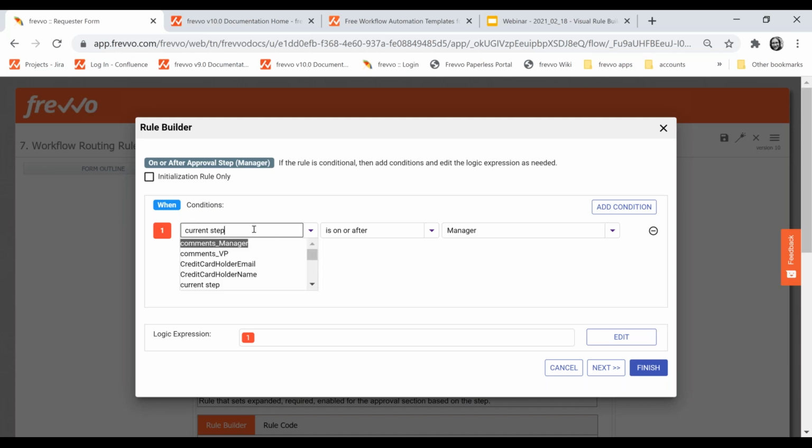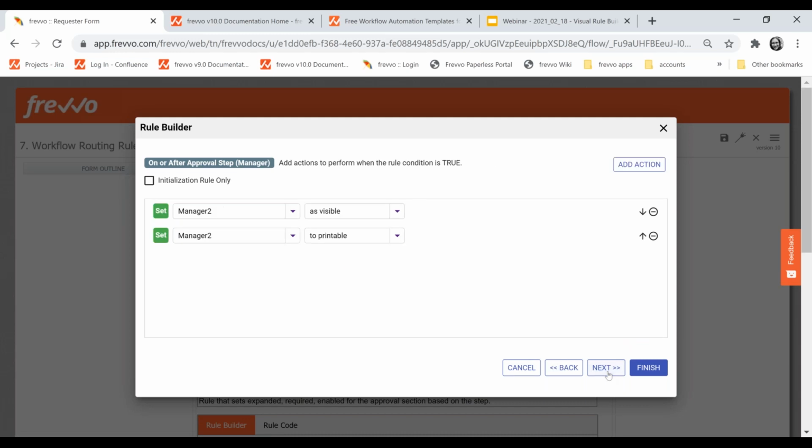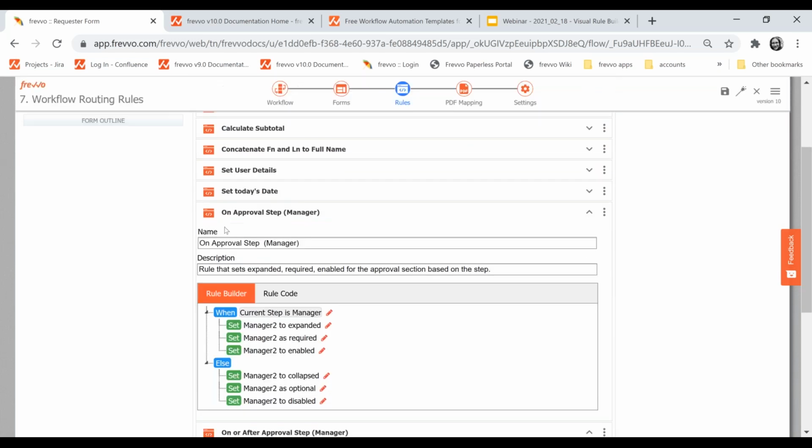So if we look in here and we dive deeper into this condition, you'll see that we have a current step is one of our condition options. And we can say that it is not, it is on or after, or it is on or before. In this case, if the step is on or after manager, we want to set that manager approval section to visible and printable. Otherwise, if it's on any step before that, it should be hidden and not printable. So that is going to control that behavior